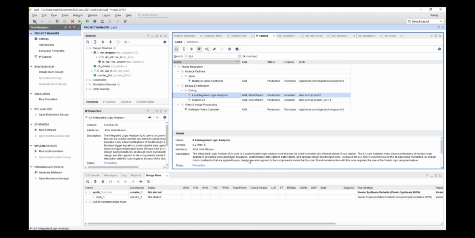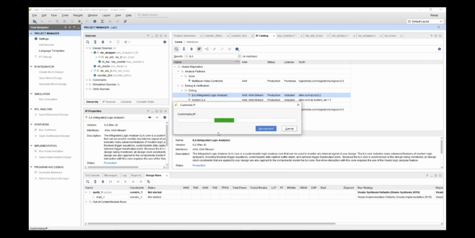The integrated logic analyzer is a custom logic analyzer that you can use to monitor the waveforms and the signals in real time. It has many advantages as listed over here, but we'll be focusing mainly on Boolean trigger equations. We'll be utilizing this concept by first giving events and then trigger conditions, and then observing, and then the ILA will return us the state of different probes when the trigger condition was satisfied.